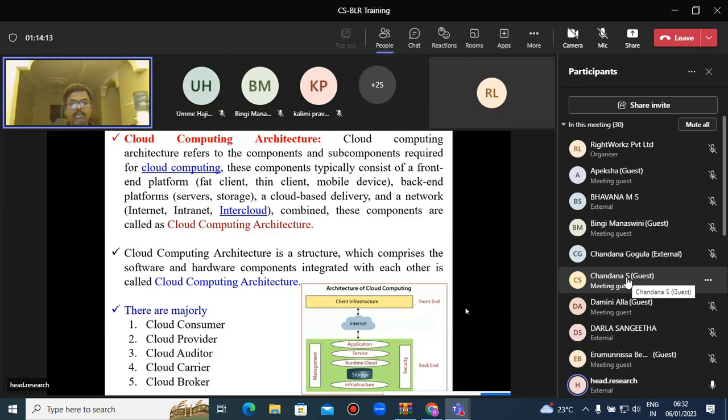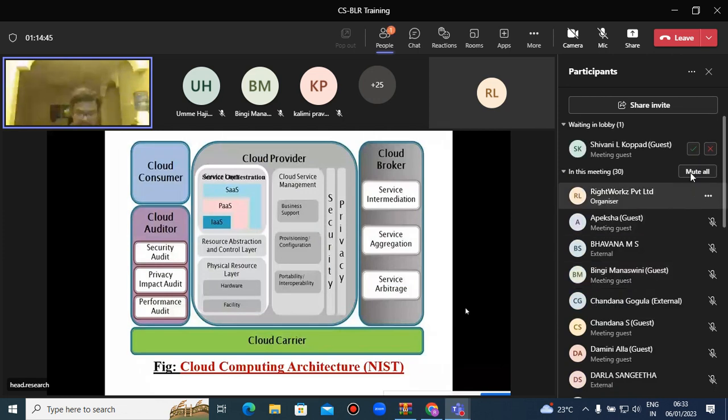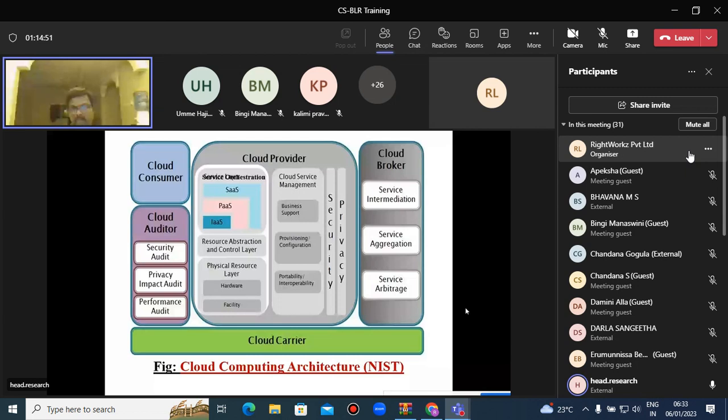If you see the simple architecture, it consists of back-end, front-end, and internet. Front-end has a thin client, laptop or desktop, and back-end has data center, storage, infrastructure, runtime cloud, services, application, security. This diagram is very popular, a famous cloud computing architecture according to the National Institute of Standards and Technology. You can call it cloud consumer, cloud auditor,